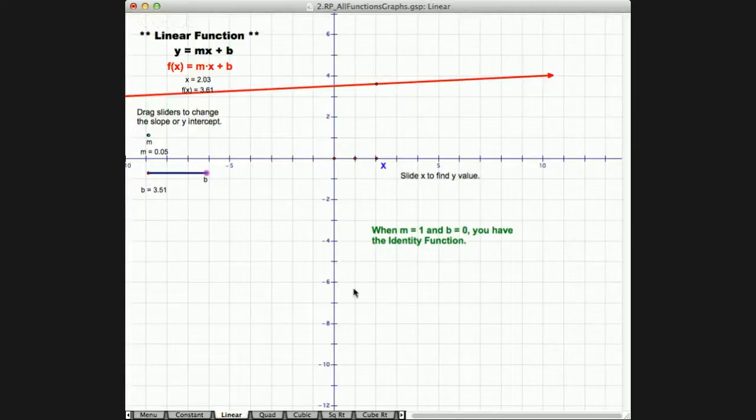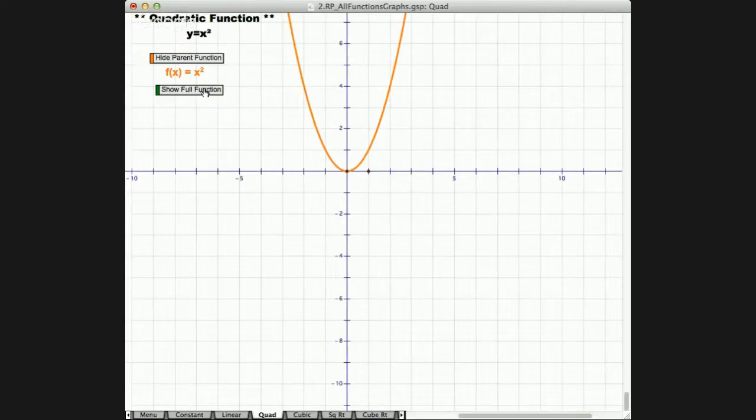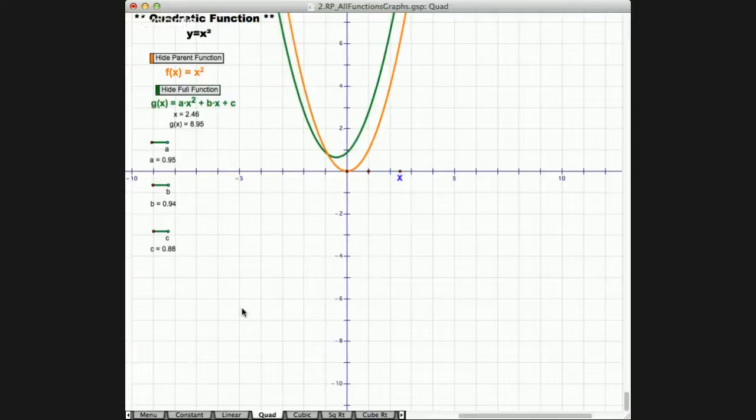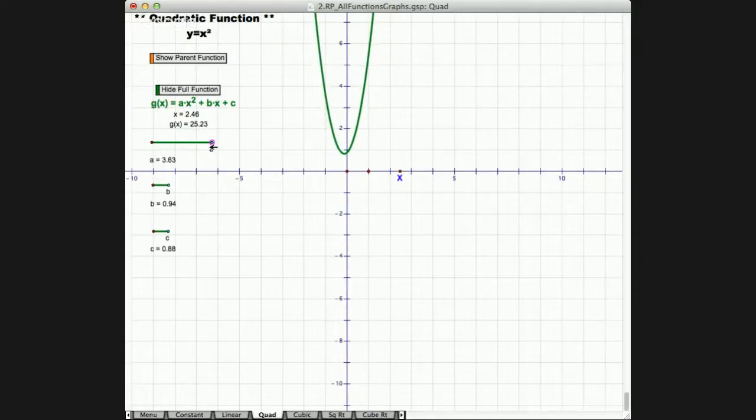Absolutely. So let's look at the next function, which is the quadratic function, and we talked a little bit about this in our parabolic function. So this is your parent function. I'm going to hide this for just a second, and then you have your g of x equals ax squared plus bx plus c, and again you have your sliders. You're moving your a,